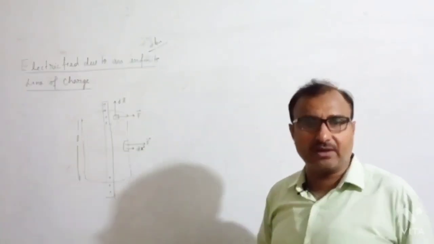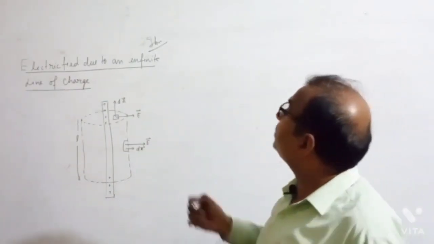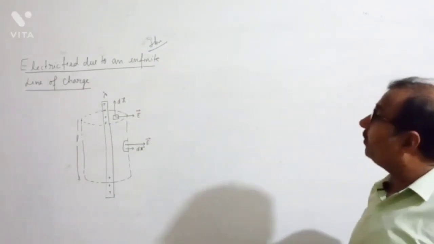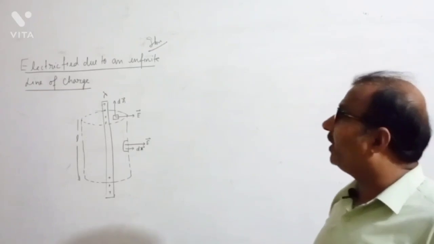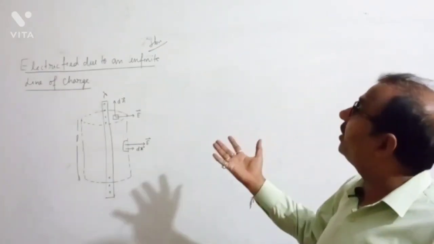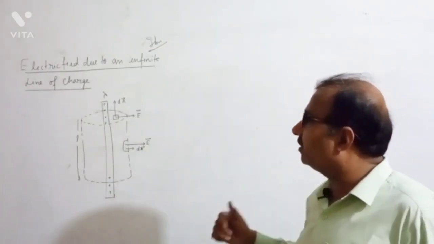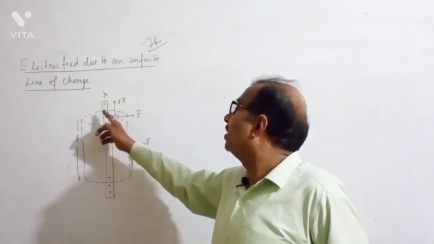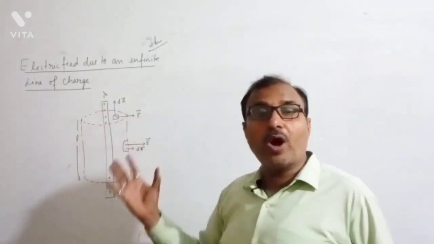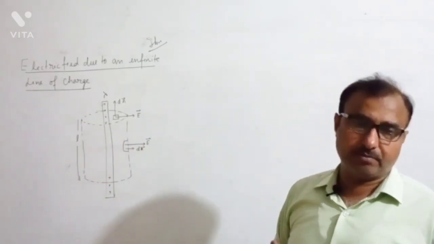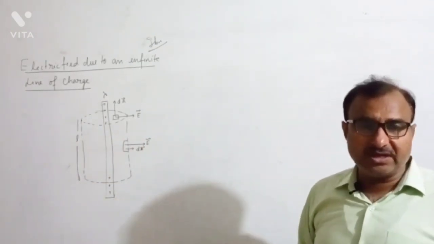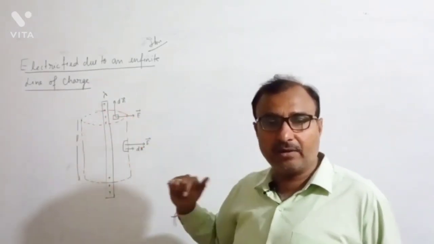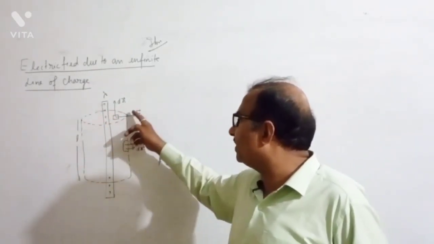Suppose you have to find the electric field due to this charge. What are you going to do? You take an imaginary cylindrical Gaussian surface around it, an imaginary Gaussian surface in the form of a cylinder. Now if you take an area element here,